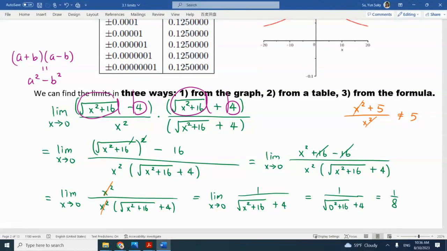And actually from the table and the graph, you can just guess the limit should be this number. You conjecture the limit should be this number. But the actual proof is you look at the formula and compute the limits algebraically and get the answer. Okay, everybody? Yeah, so in the exam, when I ask you a problem, I expect you to work on the formula and find the bad guy, cancel it, then plug in the number again to get the limits. Okay, everybody? All right, let's keep going.